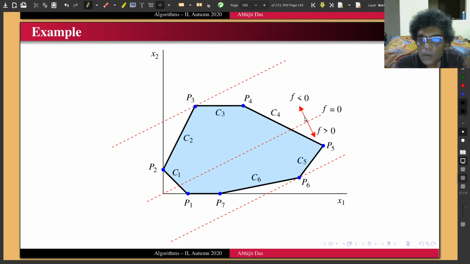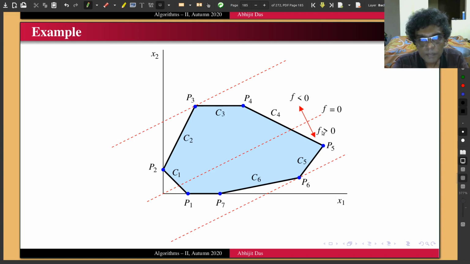If I go in this direction, f becomes less than 0. If I go in this direction, f becomes greater than 0. The more I move away from the f equal to 0 line, the more negative this becomes. And the more I move away from the f equal to 0 line in this direction, f